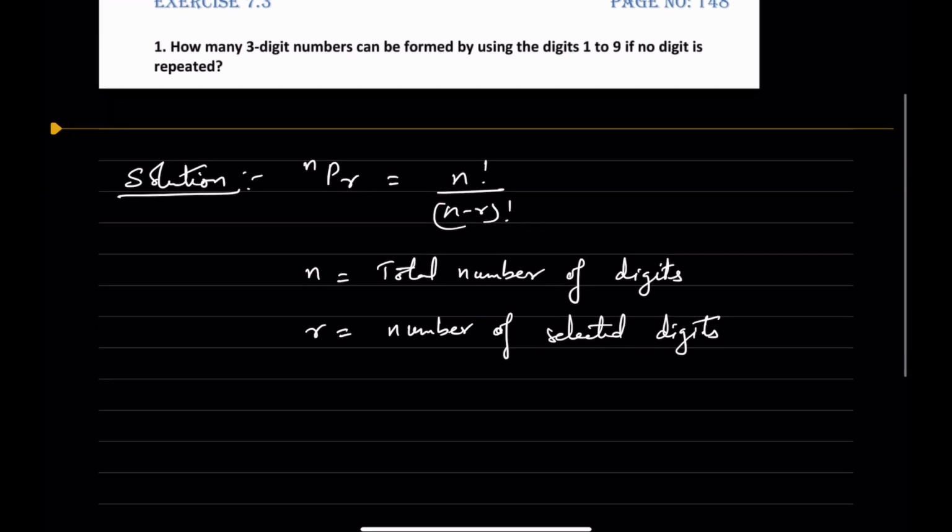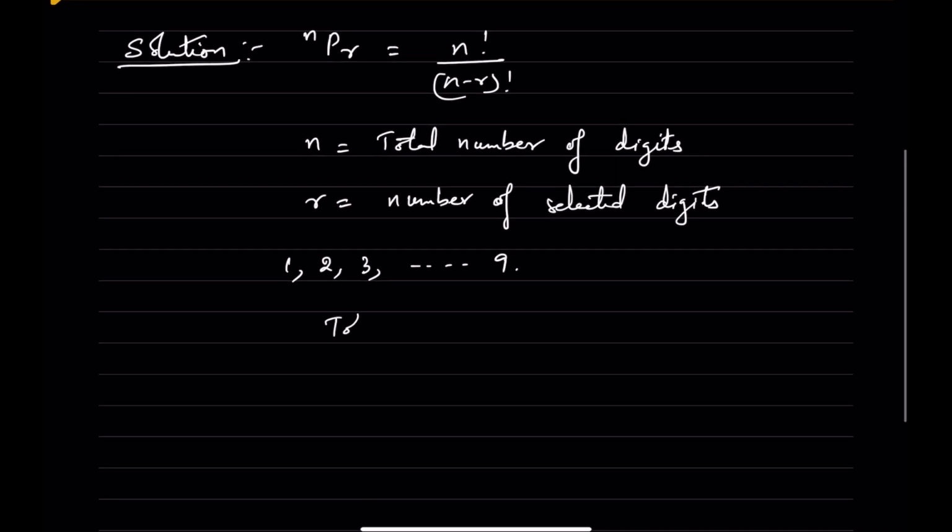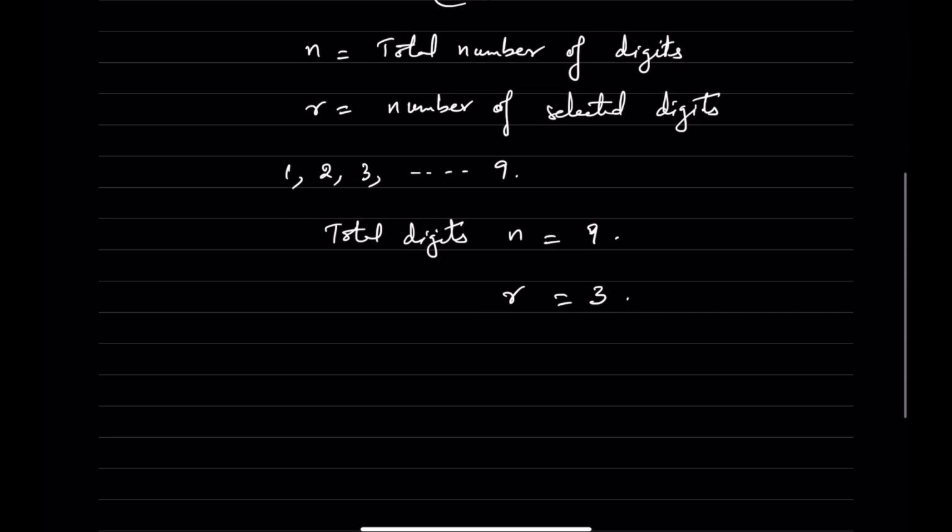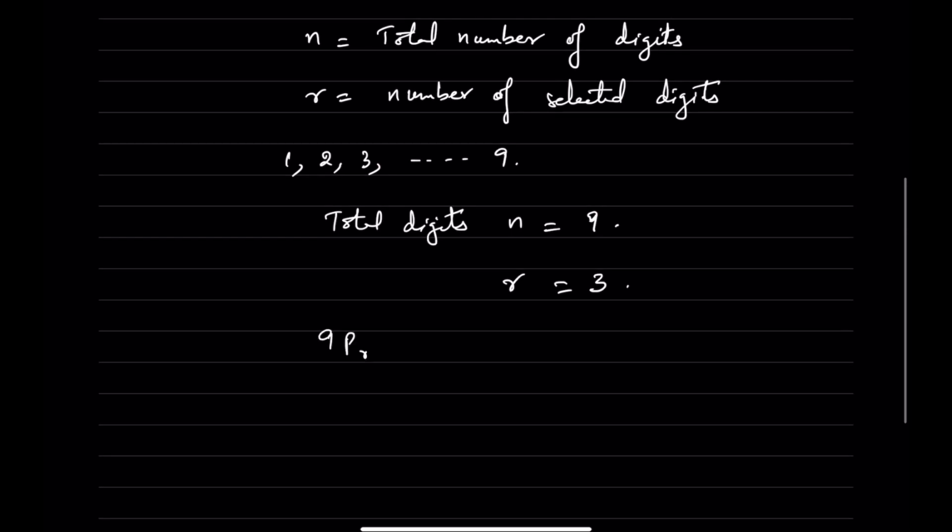Okay, so that is 3-digit numbers. So here n is equal to how much? Here we have the different digits from 1 to 9, and no digit is repeated. So the digits are 1, 2, 3, and so on up till 9. So we can write n is equal to 9. And r is the number of digits, the 3-digit number we are going to form, so r is equal to 3. So the formula we are using is 9P3 is equal to 9 factorial by (9 minus 3) factorial,